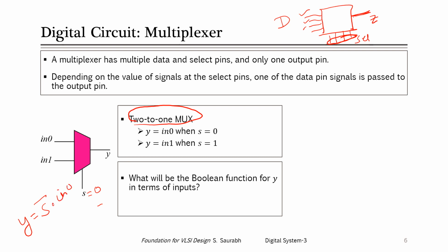For the case S is equal to 0. And when S is equal to 1, then whatever the value is at in 1, that will be passed to Y, right? So this will be the functionality of the Boolean function or logic function for the Y in terms of